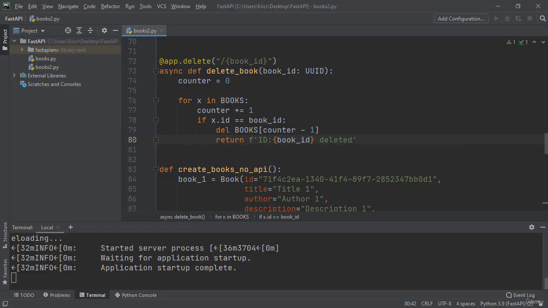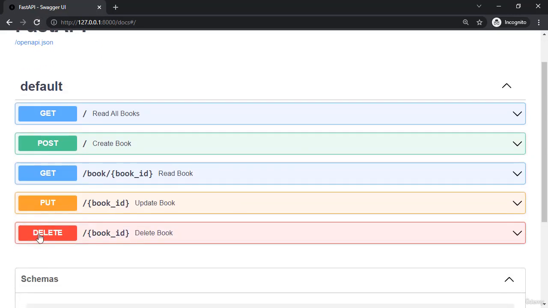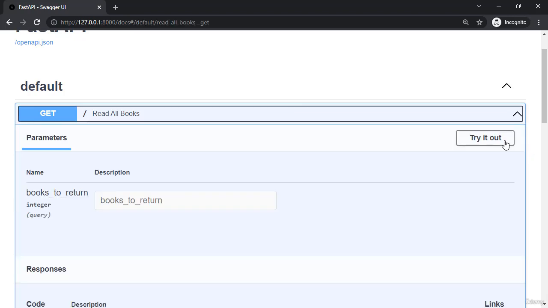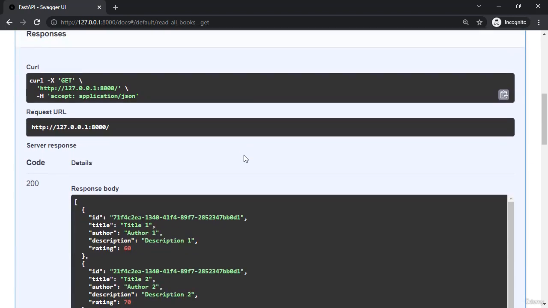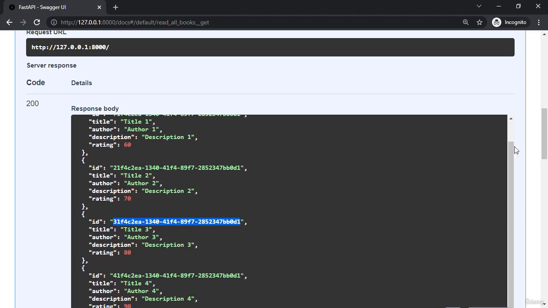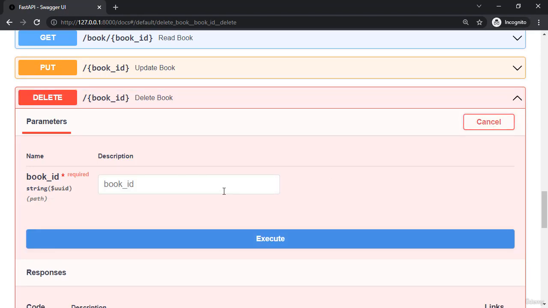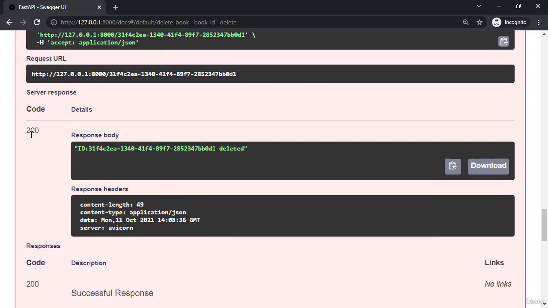All right, let's now open up our browser, our Swagger UI, refresh the screen, and we can see we get a new delete request method. I'm going to start by saying read all books so we can append all the books and grab a UUID. I'm going to grab this rating of 80. I'm going to copy the UUID, and now I'm going to go back down to delete, and I'm going to say try it out, and I'm going to pass in the UUID of the rating 80 book that we just saw. I'm going to execute, and we can see immediately we get a 200 status code return with an ID